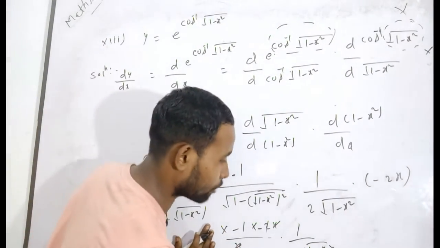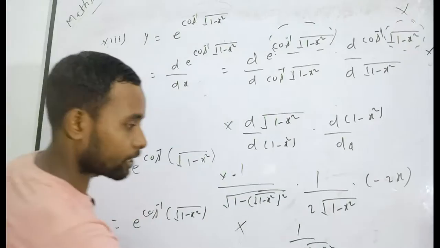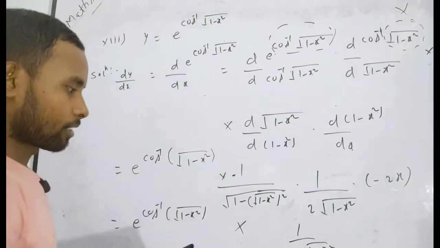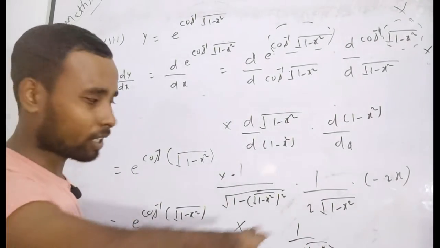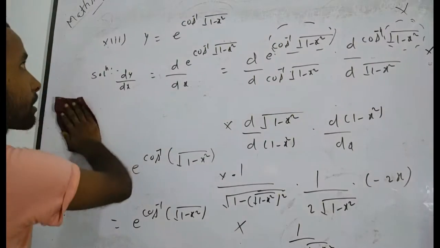So I want to rub this whole part because it totally cancels. That means its answer will be this term into this term. Have you understood? Because here I have rubbed this part because all terms cancel each other. That's why I rubbed it. There is no space, that's why I have rubbed it.